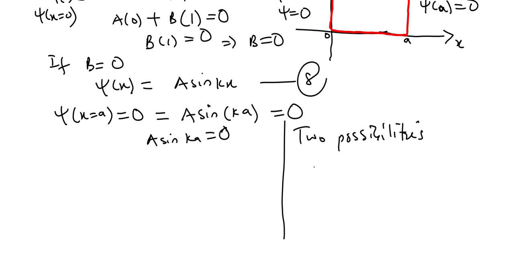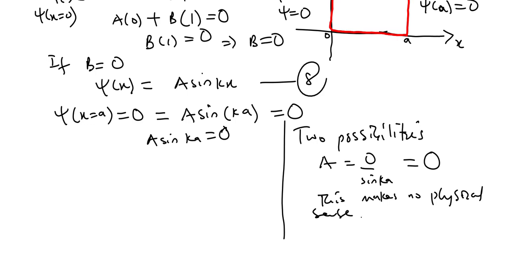The first possibility is that we say sine ka equals 0, so a equals 0 over sine ka. If a is 0, it makes no sense, because the wave function will be totally 0. If the wave function is 0, then there's no particle present, so we are not interested in that. This is physics. That's why physics is different from mathematics. So we have to look at the physical implication. If a is 0, this makes no physical sense,